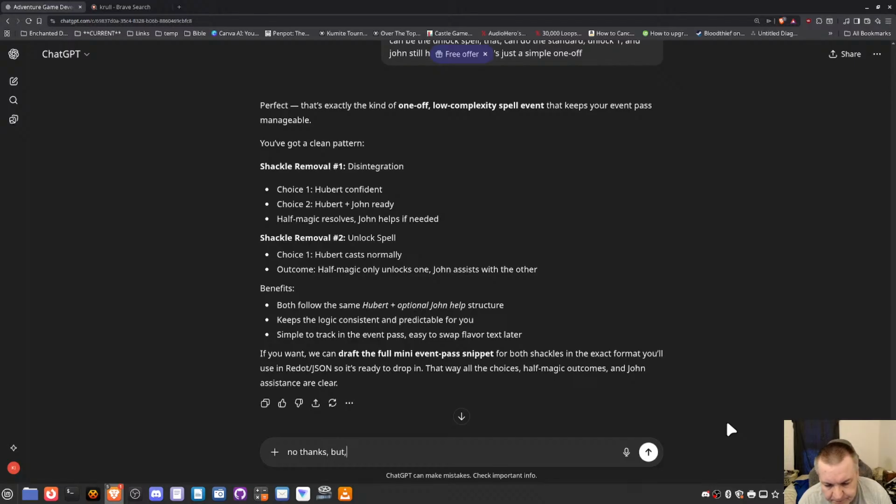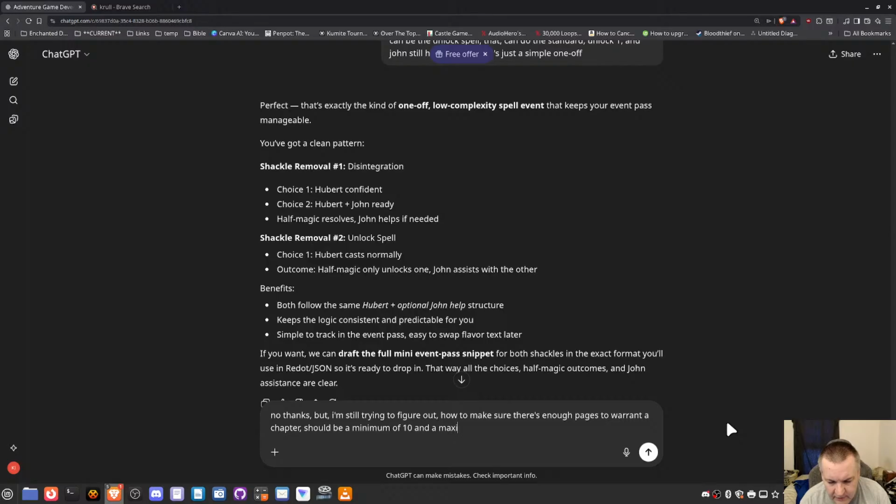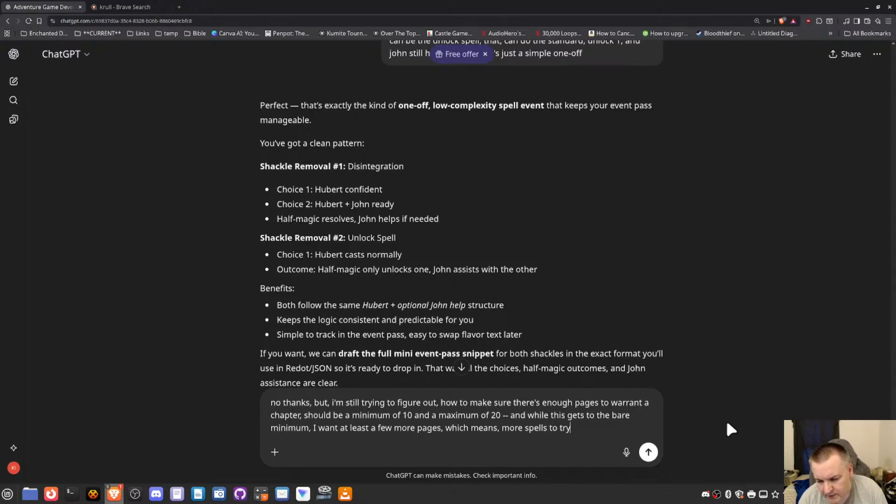No thanks, but I'm still trying to figure out how to make sure there's enough pages to warrant a chapter. Should be a minimum of 10 and a maximum of 20. And while this gets to the bare minimum, I want at least a few more pages, which means more spells to try, or increasing,